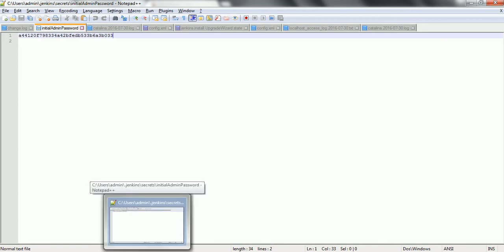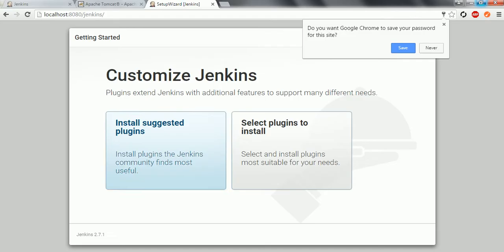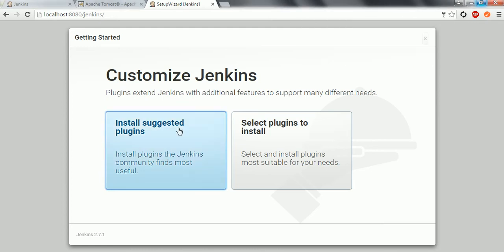Once this is done, the earlier steps are the same, as I removed all the default suggested plugins. When I click on it again, it is trying to download. If this is the first time you are installing, click on Install suggested plugins.